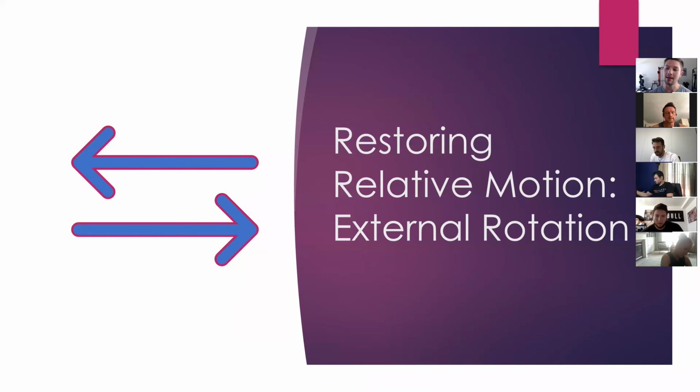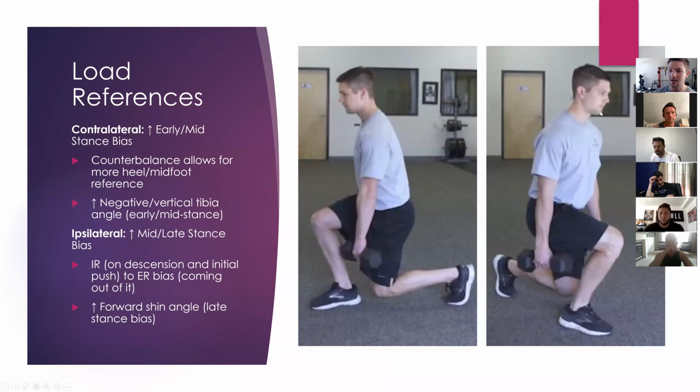But after that, I like to go after external rotation measures. But the beautiful thing, like I said earlier, is that we're already going to have improved some of those. But if I still want to be able to create that external rotation bias, and I want to get some more of those measures back, like hip flexion, squat, toe touch, things like that, I would start to think about positions like this. I wanted to hit this slide really quick because you're going to see a lot of